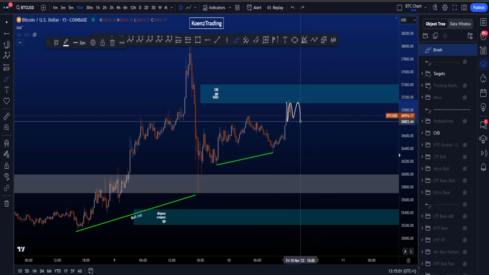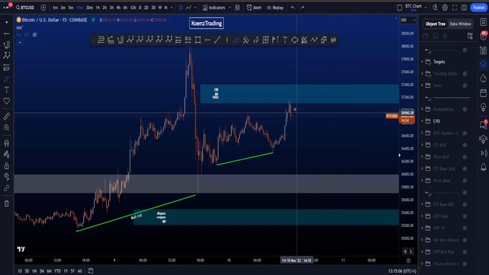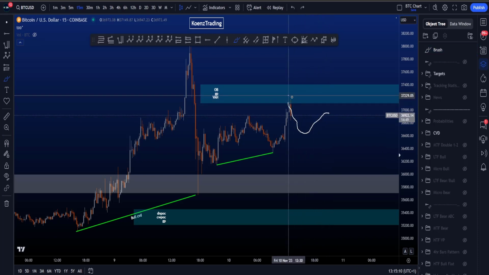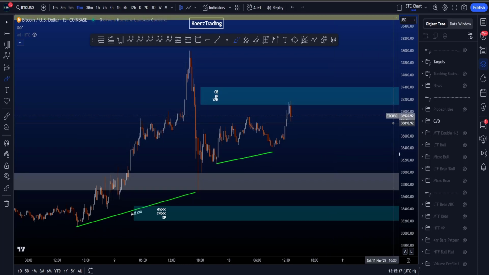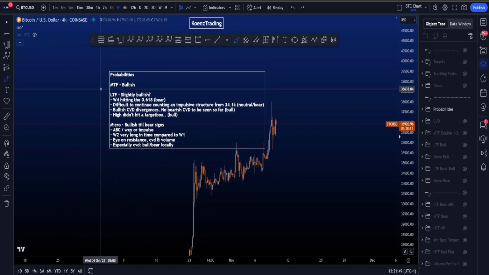Is price going to range below resistance and build more bullish CVD divergences, or is price going to reject, retrace, right, ranging below resistance, but build bearish CVD divergences? That is going to be very, very interesting indeed, and will definitely impact the probabilities for the up or the downside. And if we then finally look at the probabilities of the different scenarios,